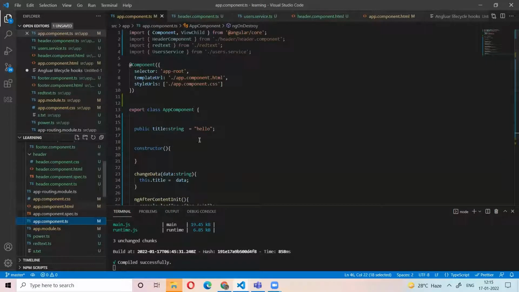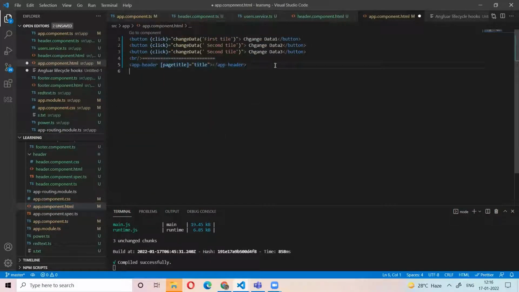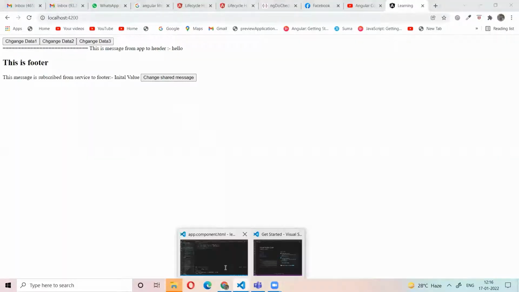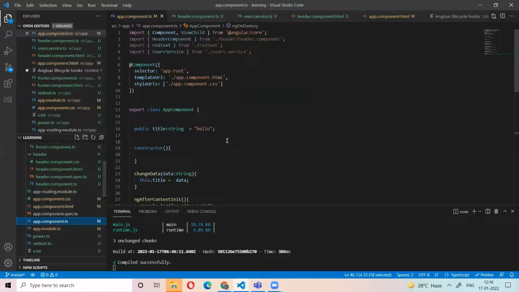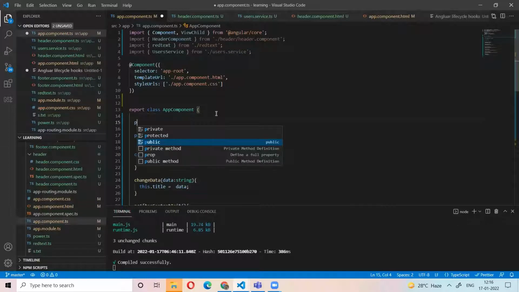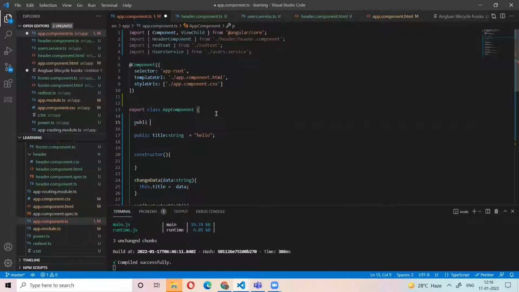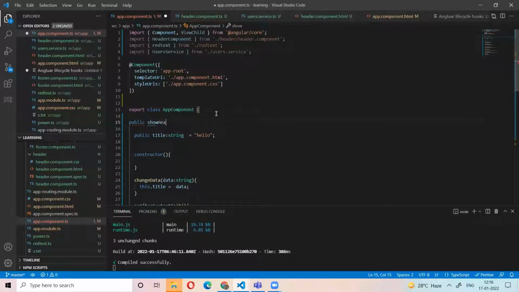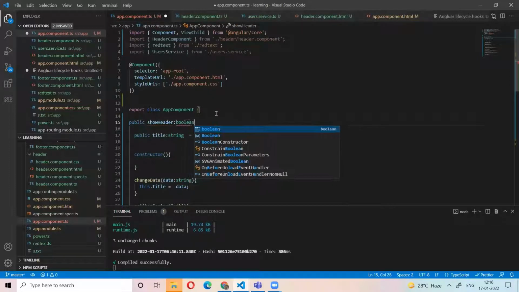Still if you have doubts, I will do one thing. I have the header component and the footer component, right? Both are child components. So now I have the header component here and the footer component here. Okay. I have a variable, and this variable is Boolean, initially true.